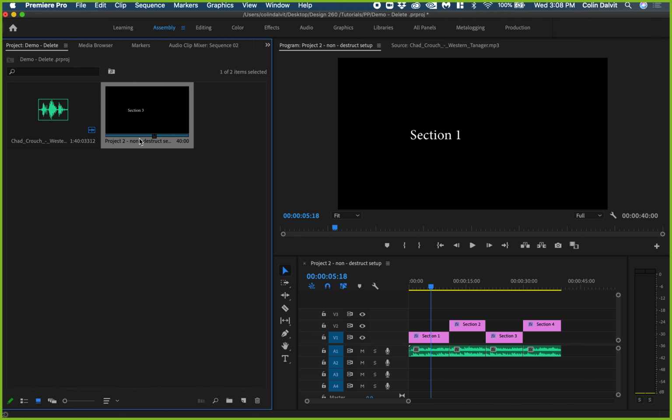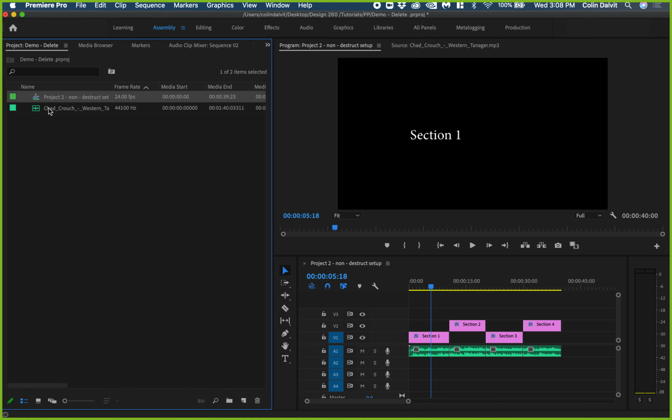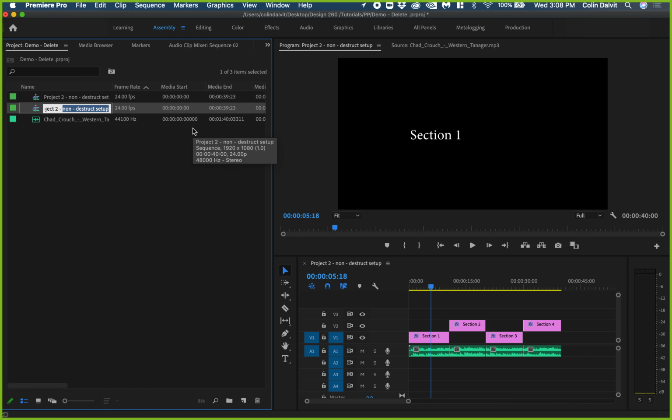Okay, so I can go to this sequence. You can also do list view here, which might be a little bit easier. Project 2, non-destruct. I hit Command C, Command V, and there's the copy. And I can say this will be After Effects linked. Okay, I got really excited, so I made caps on it. I don't know if you saw that. Okay, so now I can